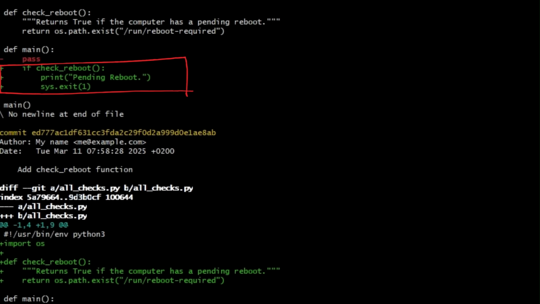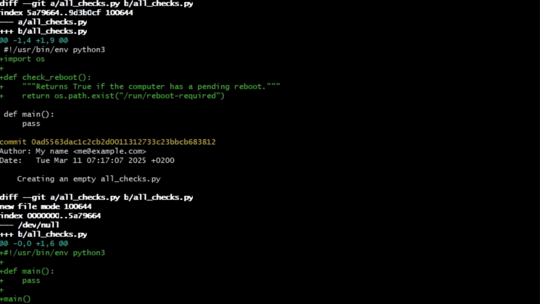It shows added lines with pluses and removed lines with dashes. Because the amount of text is now longer than what fits on your screen, Git automatically uses a paging tool that allows us to scroll using page up, page down, and the arrow keys. We still have one commit below the other, but now each commit takes up a different amount of space depending on how many lines were added or removed in that commit. Using this option, we can quickly see what changes were made to the files in our repository. This can be especially useful if we're trying to track down a change that recently broke our tools.